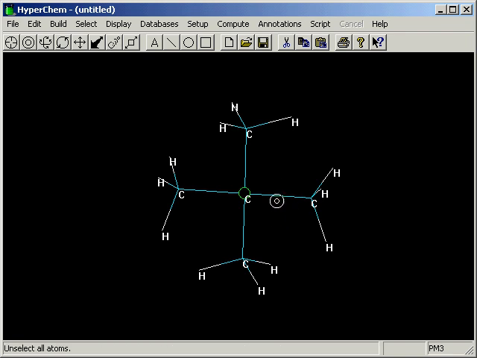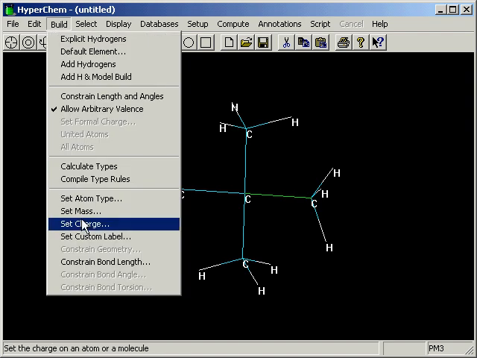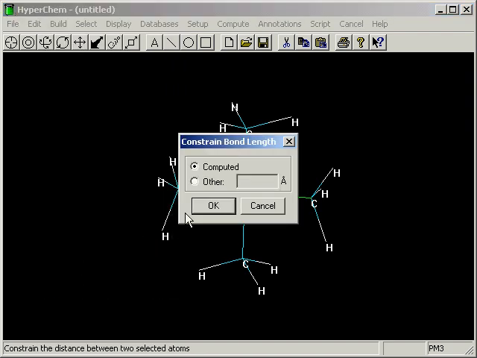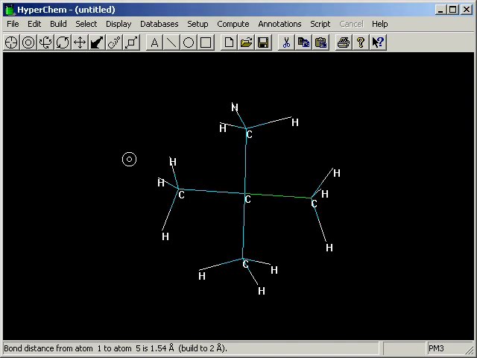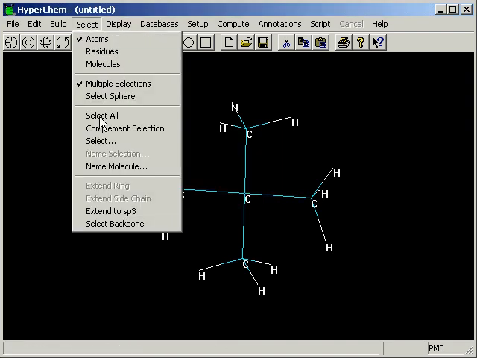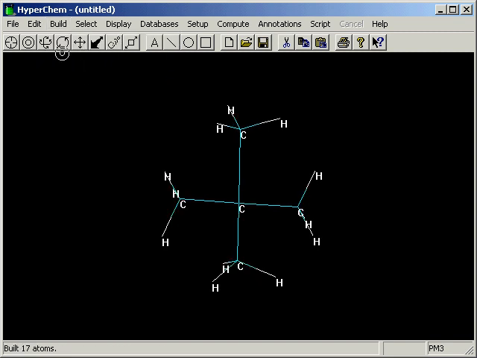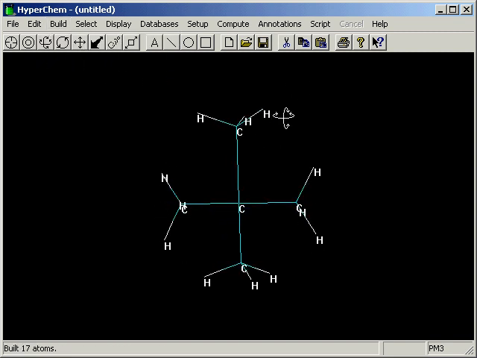Now let's constrain something else. Supposing we take this bond length here and we go up and we want to constrain that bond length. It's currently 1.54, and supposing we want to make this very long just to show the difference and constrain that to 2. Again, this constraint will only take place when we build,